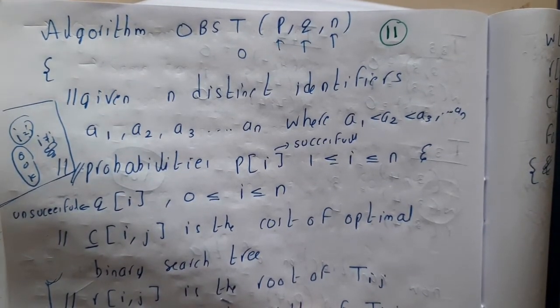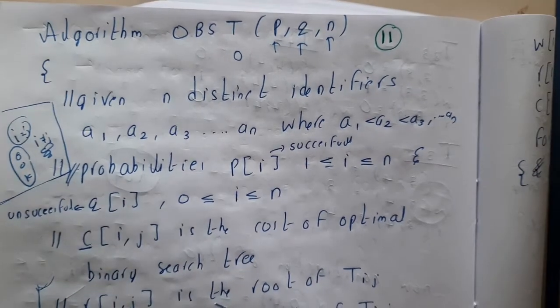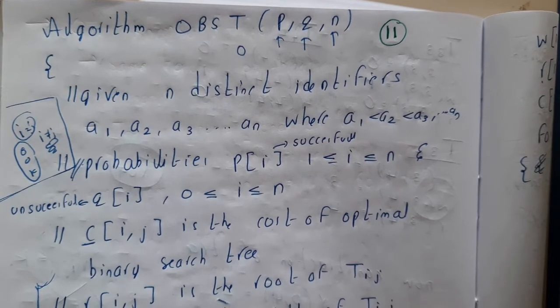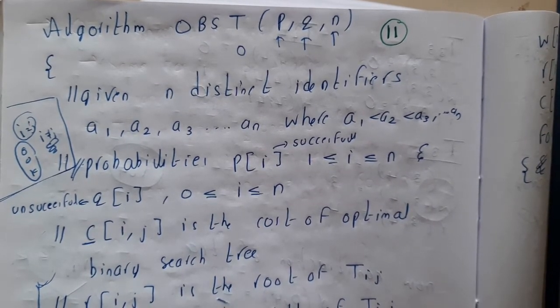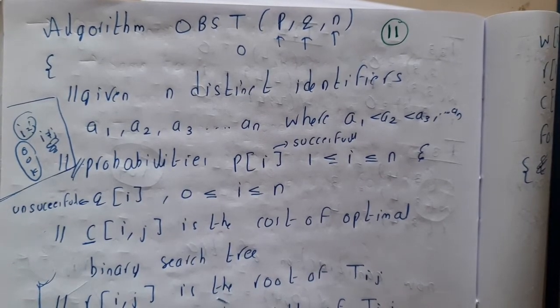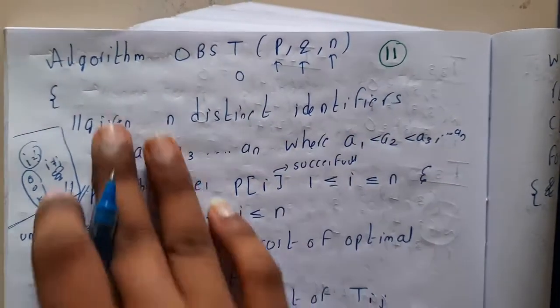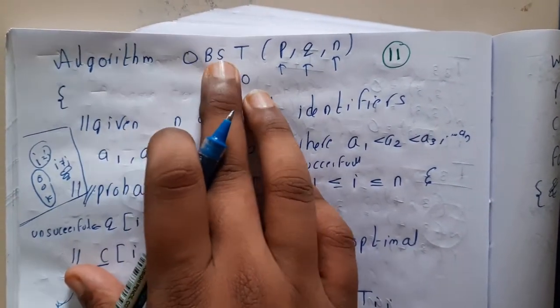Guys, I am not 100% clear with the algorithm. If you want the exact step by step, this is not the right video for you. Please search for some other video. Here I'll be giving you just an overview of the algorithm, just how the flow will be working, because I am also not having 100% clarity on the algorithm. So this is just an overview. Please consider that. Okay, so let us start the algorithm for the optimal binary search tree.